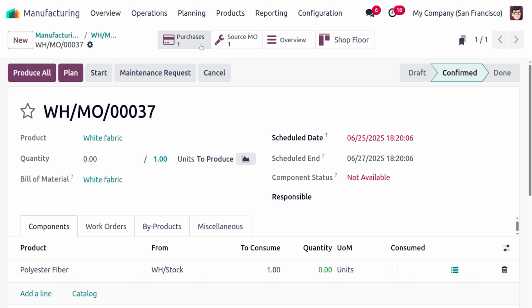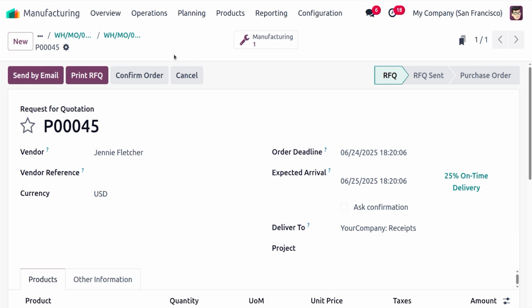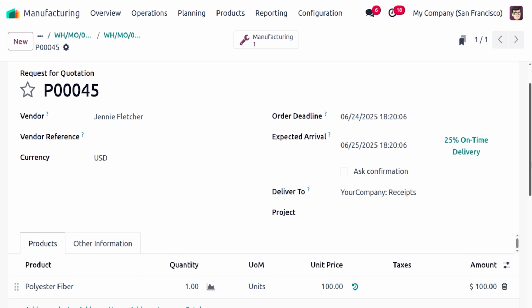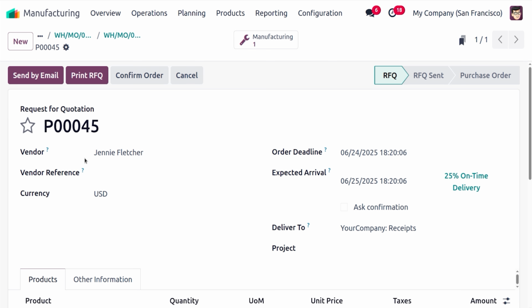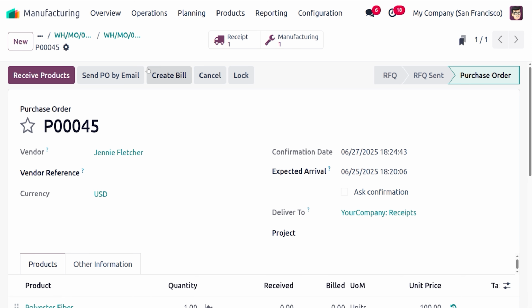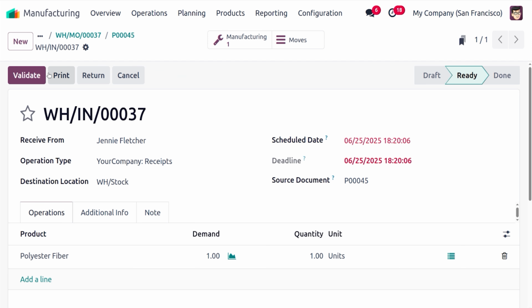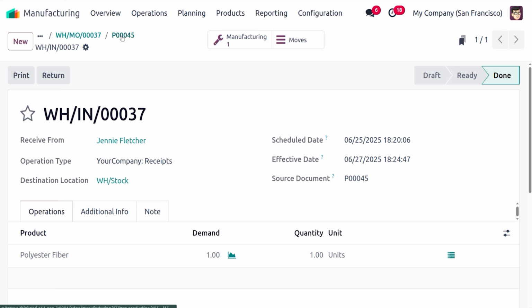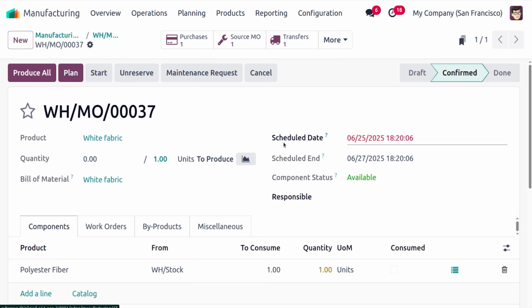Here we can see one purchase order is also created. First, we need to open the purchase order. And here we can see the order deadline is 24th, which means 1 day before the expected or the scheduled date of that manufacturing process, because we set a delivery lead time of 1 day for this particular product. And here we can see the vendor is Jenny, and we need to confirm the order and receive the product first. Now the component status is available. We can click this plan button,